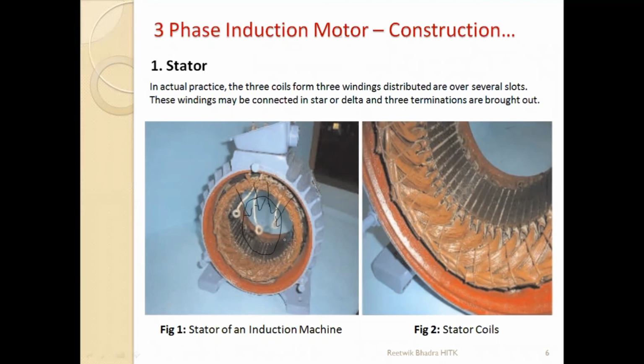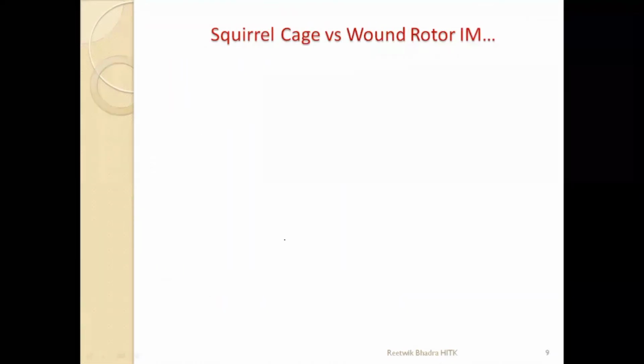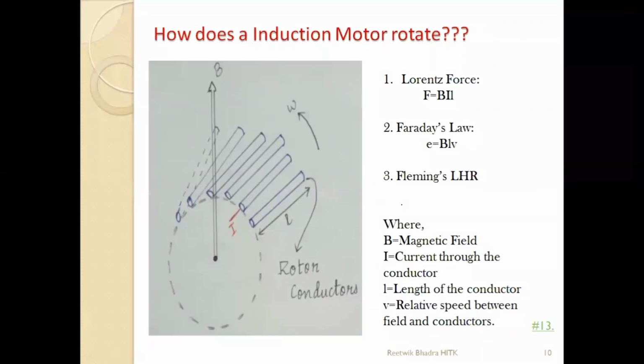If you consider a synchronous machine, I'm just telling you one thing: the field is given a DC supply and the rotor is given an AC supply. Remember. That's why the rotor can rotate at synchronous speed, because the rotor is directly fed with a three-phase supply, and a three-phase supply produces a rotating magnetic field at synchronous speed. That's why alternators are called synchronous generators, because they can rotate at synchronous speed, as the rotors are directly given the three-phase supply. But over here supply is given to the stator.